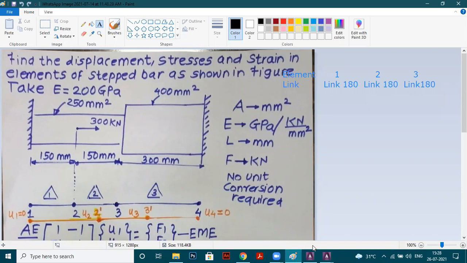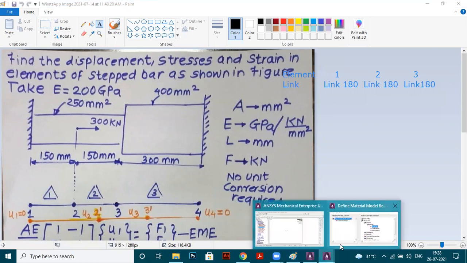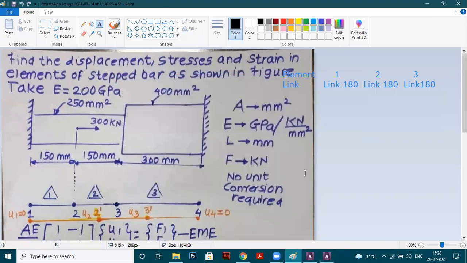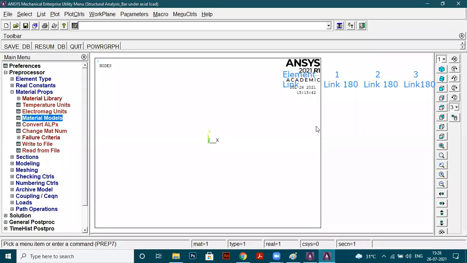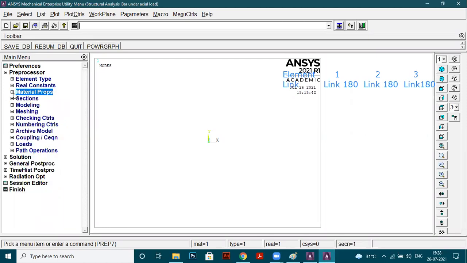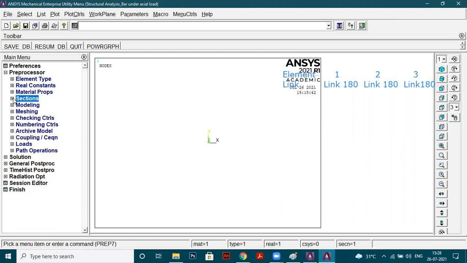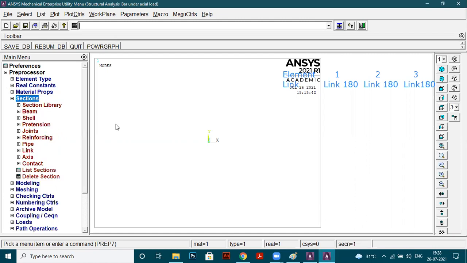Okay, so now go to the next step. I'll just close it and minimize it. Now the next thing is section. Listen, previously the thing which you were doing in real constant, now in the updated version of ANSYS, it is required to be done in section. So in section, what we will be doing is